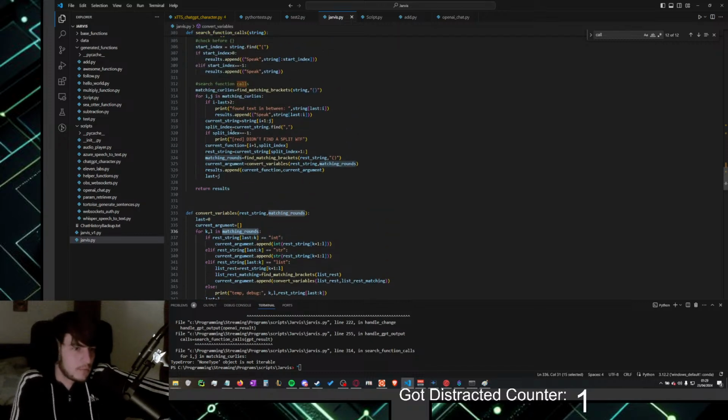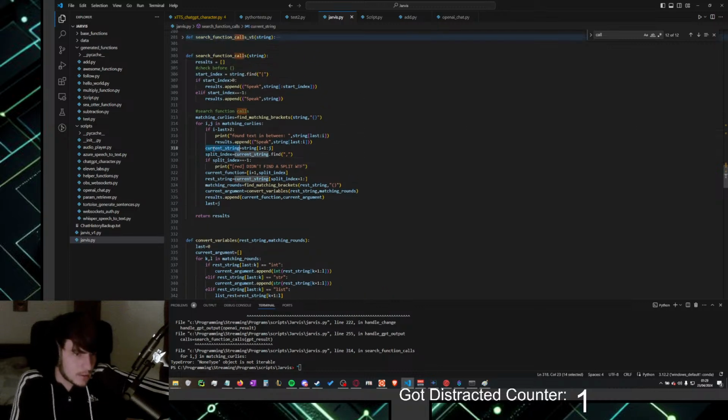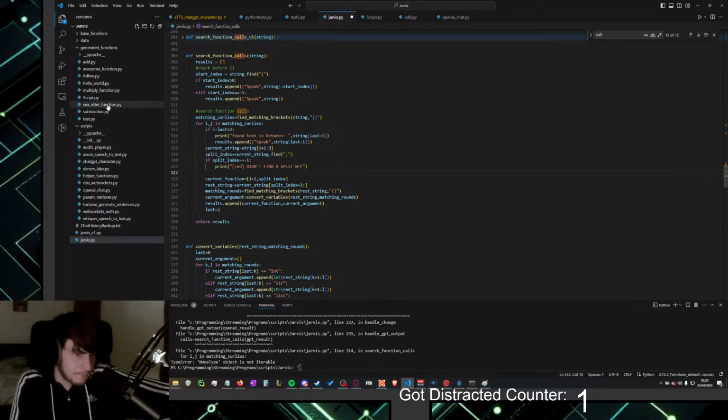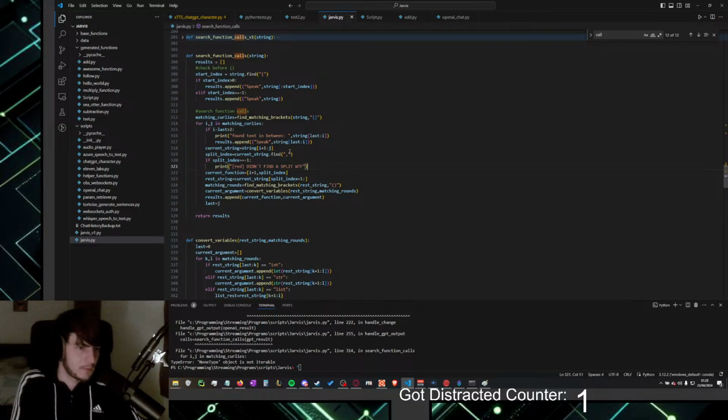Which I have to do after the split thing. Okay, let's check that in the split. Split index. Current function, rest string. Oh wait, I already split the string here, which will be a problem because of that thing.